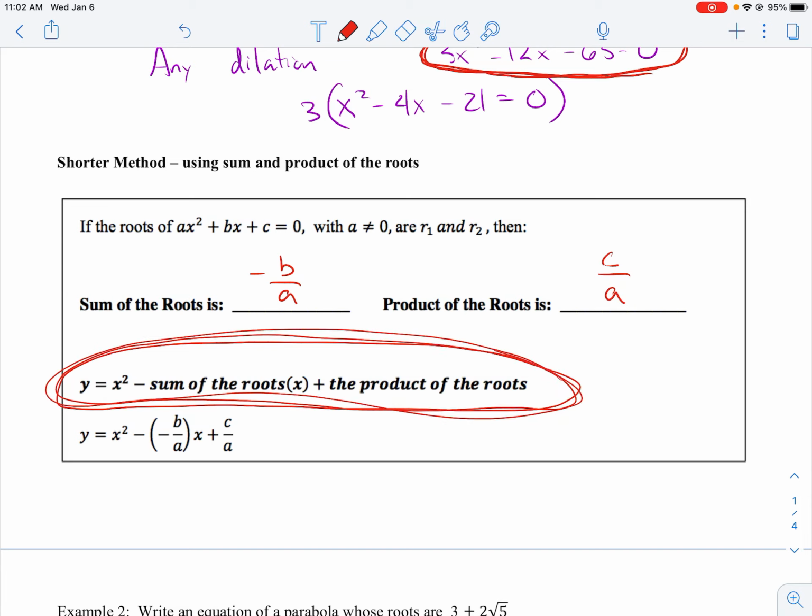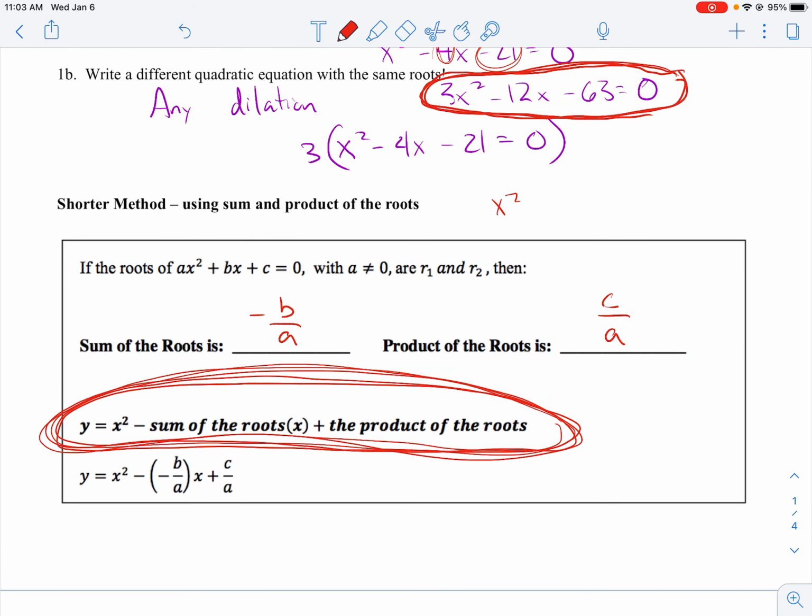Okay, don't worry so much about what the sum of the roots is equal to and the product of the roots is equal to. I mean, obviously find those out, but then just apply them to this right here, which is y is equal to x squared minus the sum of the roots times x plus the product of the roots. Okay, now below they have those things listed, that negative b over a and that c over a, in the equation, all right? But let's talk about that. So if we go up to the top here, remember our equation was x squared minus 4x minus 21 is equal to 0, okay? And so the sum of the roots,